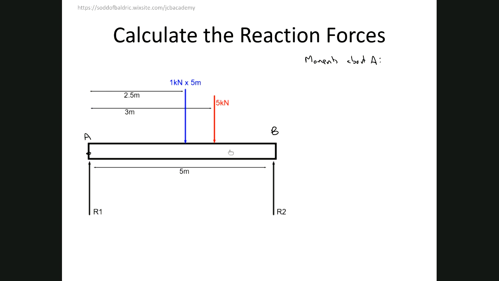So I'm going to keep my convention. I like to have my clockwise forces on the left. So my first clockwise force from point A is 1 kilonewton, which is 1,000, times the 5 meters it acts, times the 2.5 meters it is from point A,